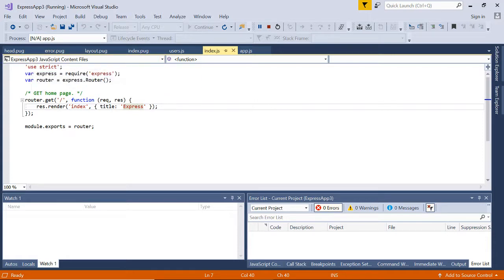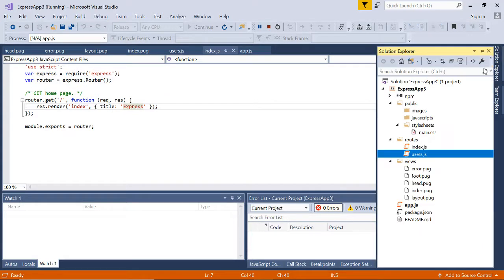The content of the HTML is defined in this file,